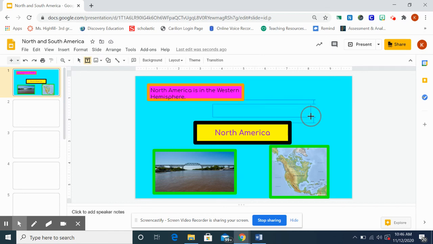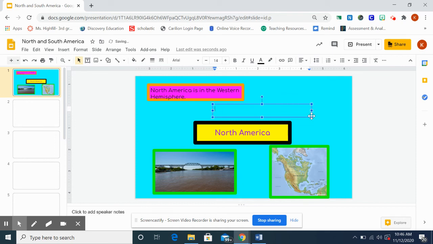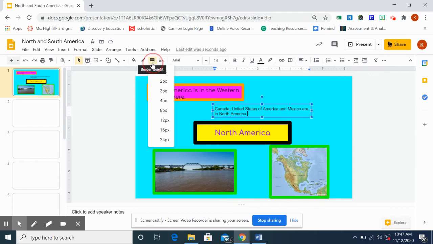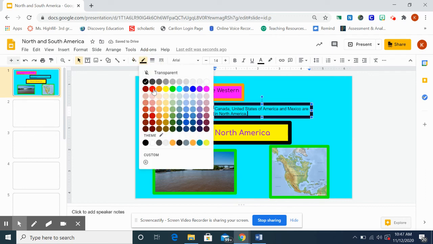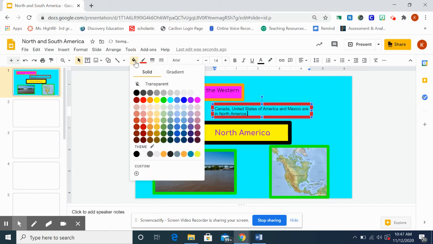Add another one here. Canada, United States of America, and Mexico are in North America, period. I've got uppercases for all my countries' names. I've got a period. It makes sense. The border is going to be bigger. This time it's going to be red. My background's going to be